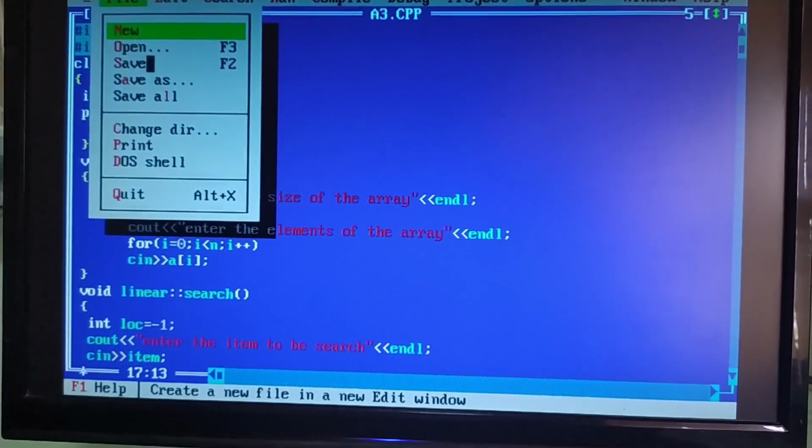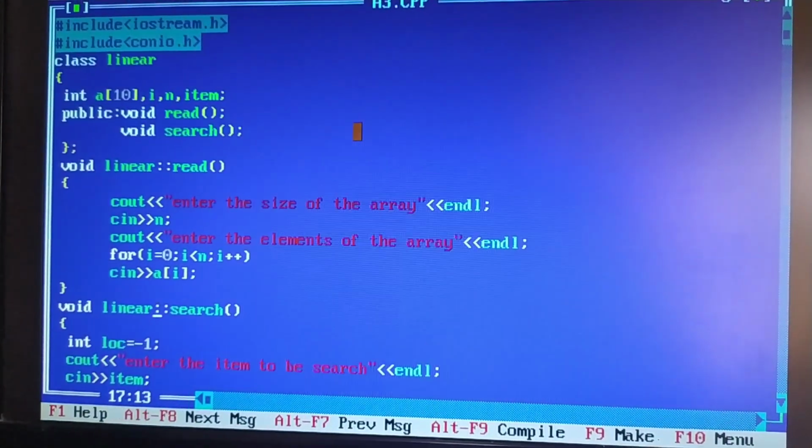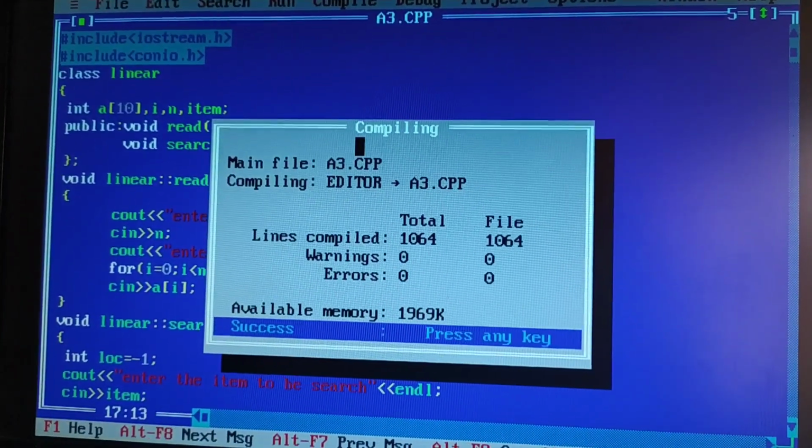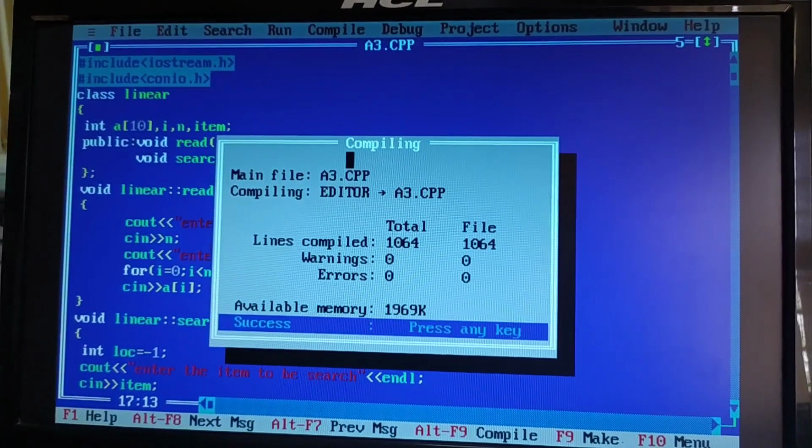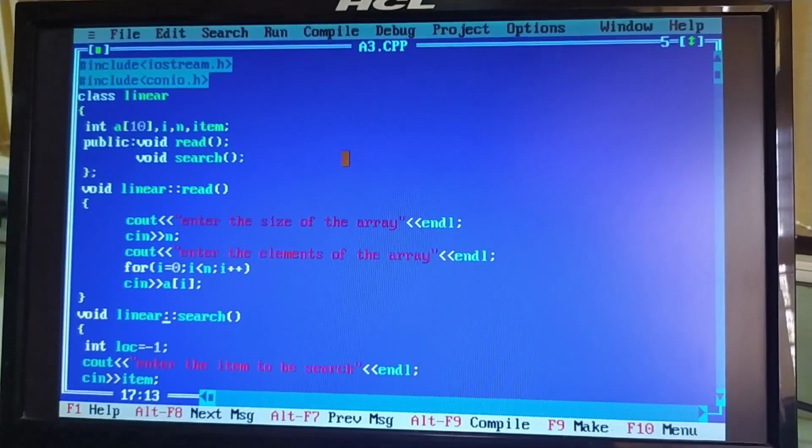Okay, again save the program. Next, compile the program using Alt F9. See here there are no errors. Next, run the program using Control F9.